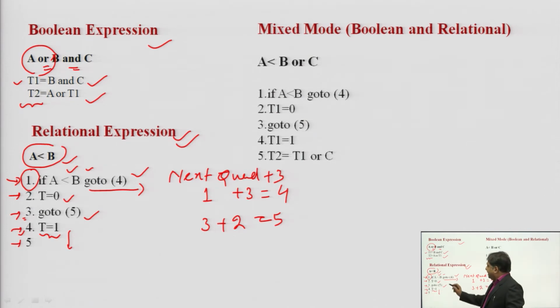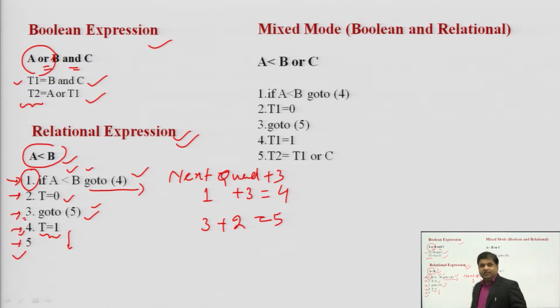If A is less than B is false, then automatically it comes to statement number 2, that is t equals 0. The value of t is 0, that means the result is false. If it is false, the next statement is go to 5. We will move to go to 5. We will skip statement number 4 because it is the one having the true value, right.